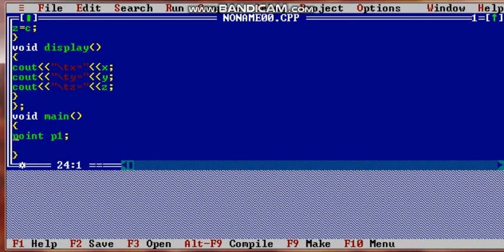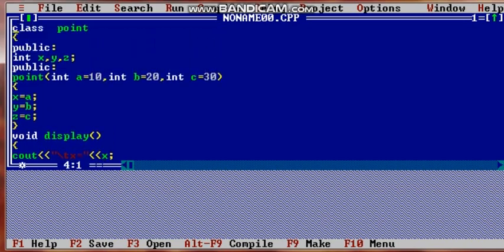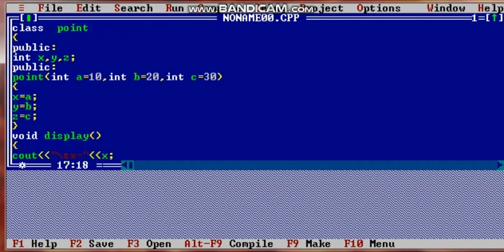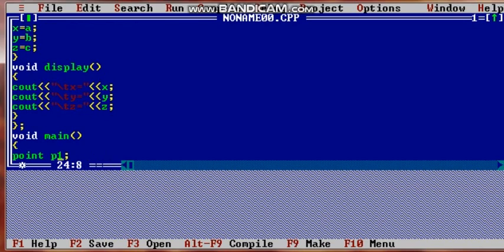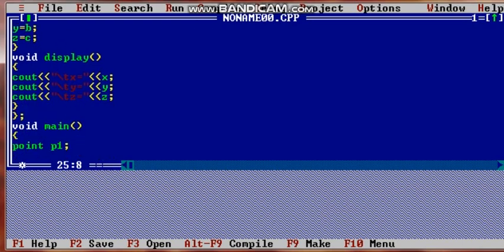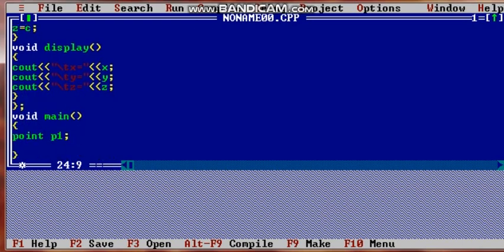We have a 3 argument constructor, a constructor with default values, but it is a 3 argument constructor. So whenever we call this constructor, we need 3 values which will be received by a, b and c. If we do not pass 3 values, in normal condition it will create an error. But right now I am passing nothing through the object, and in the constructor there are 3 parameters a, b and c. So we need to pass 3 values from here, but I am not passing any value, and I am doing p1.display, which means calling the display function.